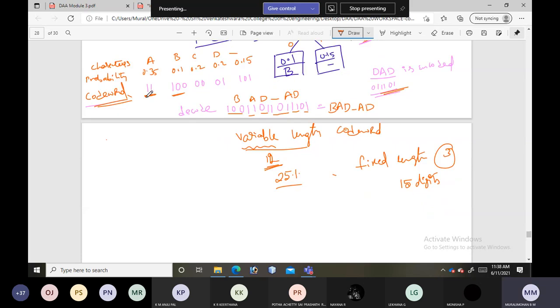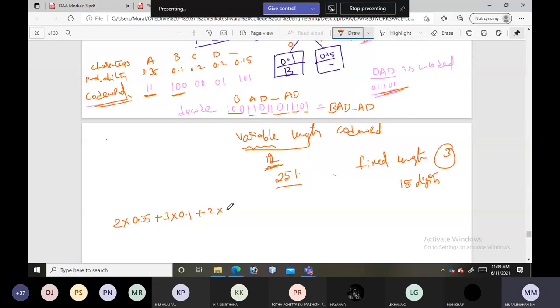For A, how many digits is it taking? 2, and the probability is 0.35. Plus, for B, how many digits? 3, and the probability is 0.1.